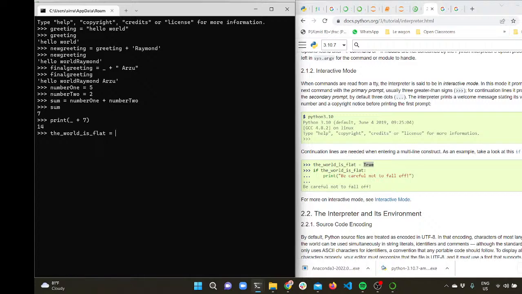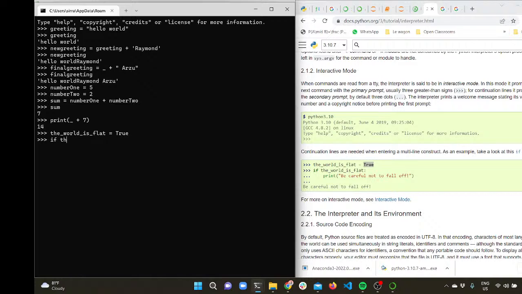It's a way that you'd write a variable, known as using the snake layout. The world is flat is true, and so what we'd say is if the world